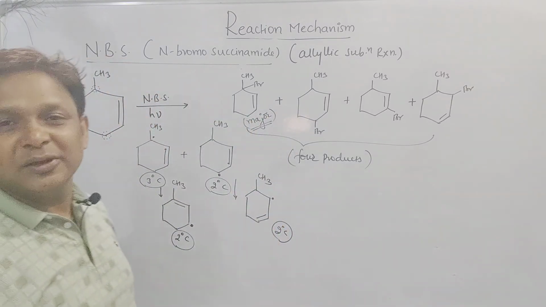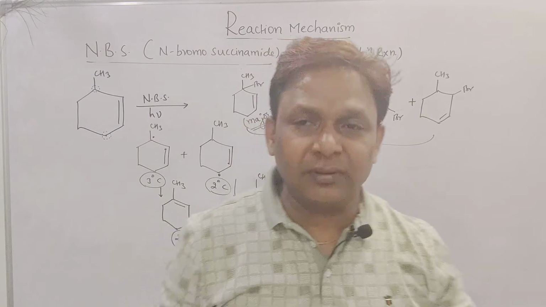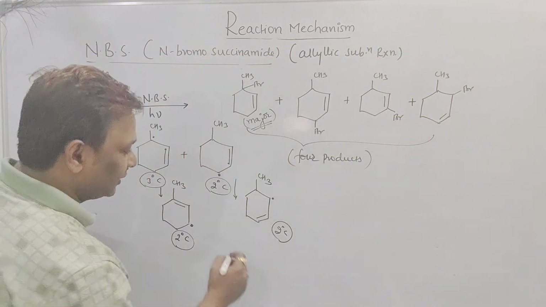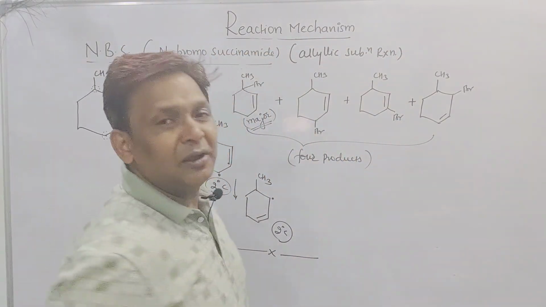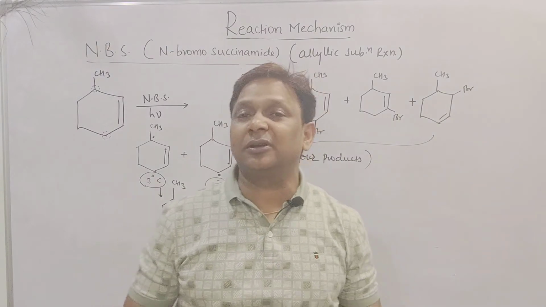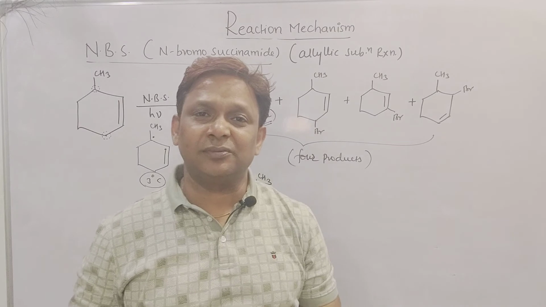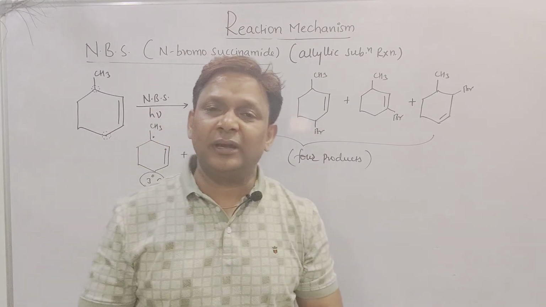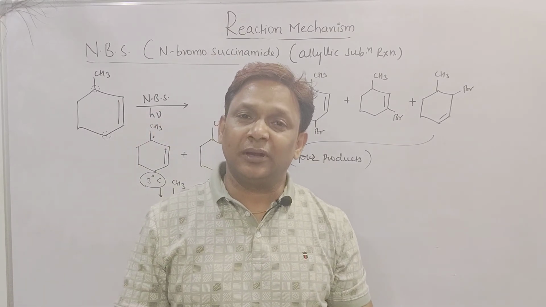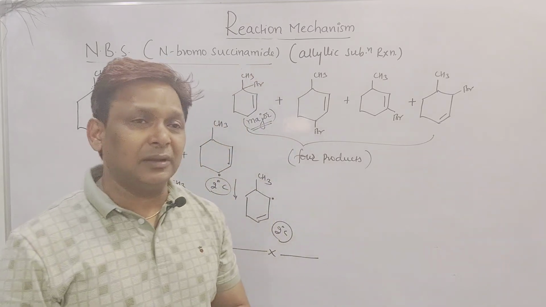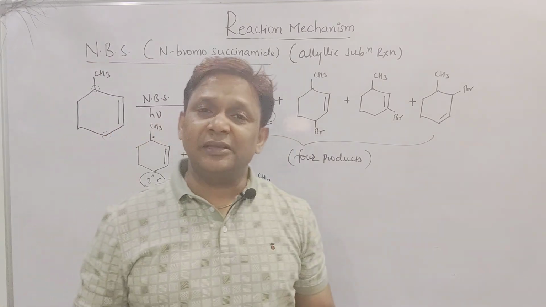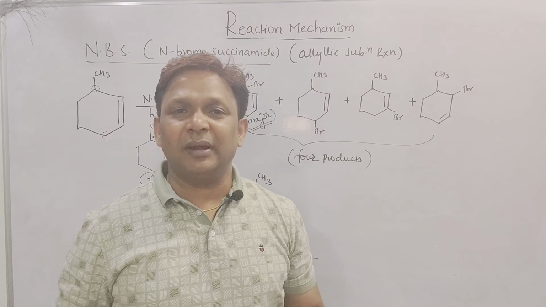Is it clear, beta? So whatever we discussed up to here means we completed free radical substitution, the complete reaction was over. We started with what free radical substitution is. There we have seen the different types of free radicals and we have completed all the different types of free radicals. Even we have seen the allylic substitution based on the free radical mechanism.